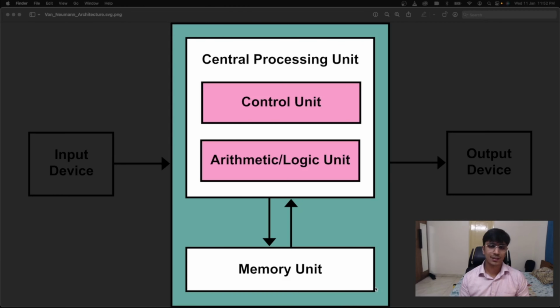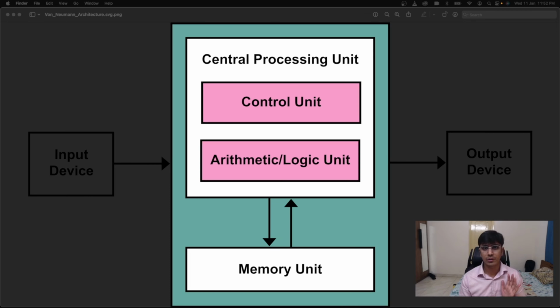Let's quickly take a look at a very simple architecture known as von Neumann architecture to understand what I really meant. So let's go to the computer screen and take a look at it. Alright guys, let's look at von Neumann architecture through this particular figure. A key note is that it represents a very simple computer that has only one processor. If we talk about today's computers, they have multiple processors and their architecture is quite different. But for our use case, von Neumann architecture will suffice.